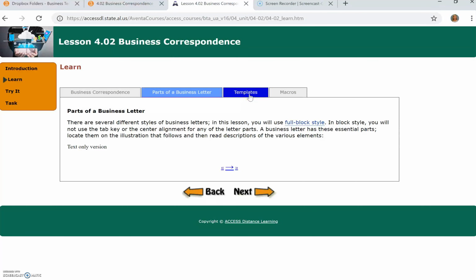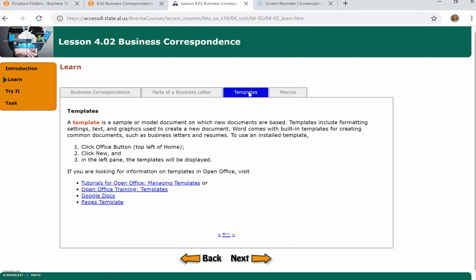Okay, templates. On the templates tab, this tells you about templates, which are kind of like a starter document to me. They have placeholders built into them. So all you have to do is change it to the information you need it to be. But each of these tabs or links gives you a tutorial. So you'll see you have them for Office,